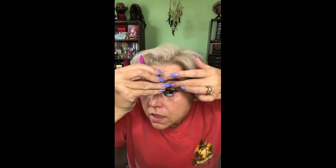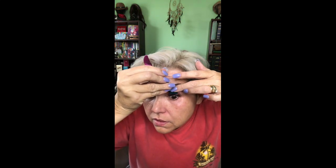Alright, that piece had to come off. Woo! So if you get it too close to your waterline, be prepared. Your eyes will water. Okay, so I pulled it off because it was on the waterline. And obviously, if you get your glue wet, that can be a problem. Awesome. Okay, so other than my eyes trying to tear up, I got them on. Yeah, let that eye get, and some of that glue is still,